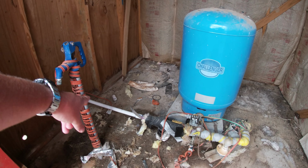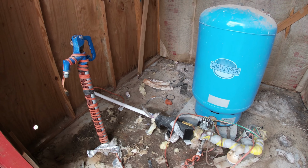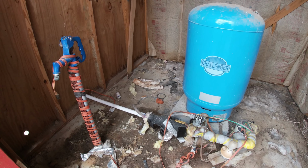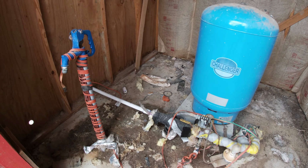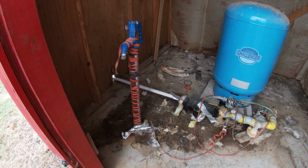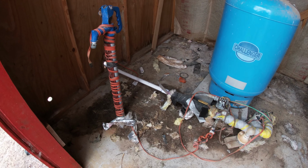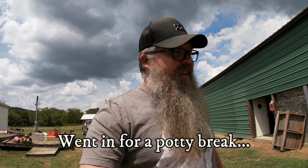And then this area right here where the pipe is, it's actually where the filter goes. So let me go show you the filter and basically what was going on with that. It's actually a pretty sweet deal. So let me go show you. I just step outside and I don't know if you can tell, but sun's shining, but it's raining. Welcome to Arkansas. But no, I was wanting to show you guys this filter,